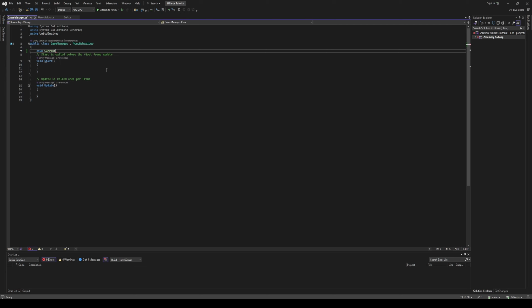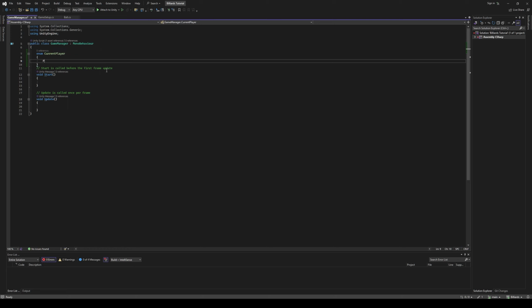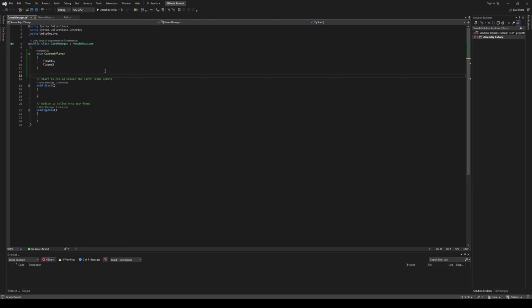So let's create an enum called current player, and we will say player 1, player 2. So an enum is basically a user-defined value type that represents a list of constants with names. So player 1, player 2. So current player,